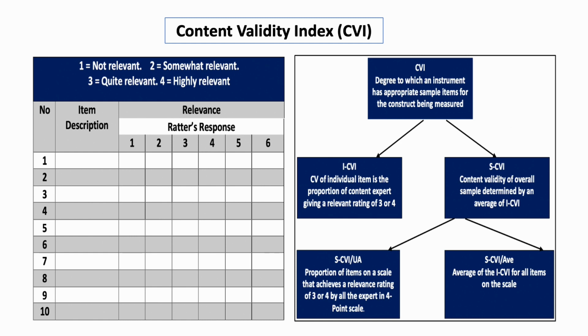For example, here you can see there are 10 items and 6 raters used as experts to give their opinion about each on a Likert scale of 1 to 4. So a 4-point Likert scale has been used. 1 is not relevant, 2 is somewhat relevant, 3 is quite relevant, and 4 is highly relevant. So once they give their rating,